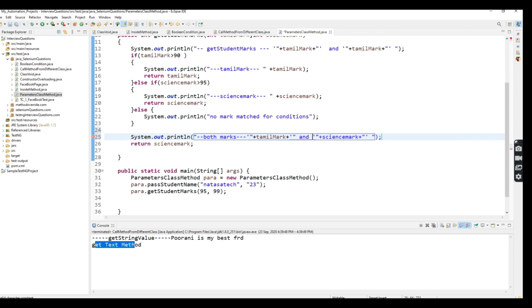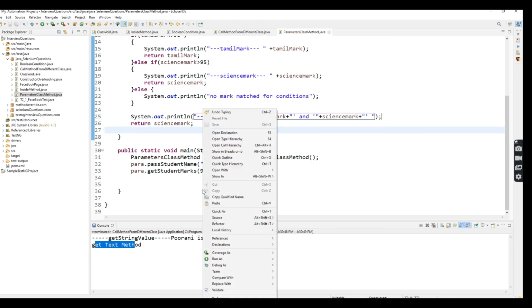Both marks. So here it will check the condition, and also finally it will print this one also. Okay. Now I'm going to execute.